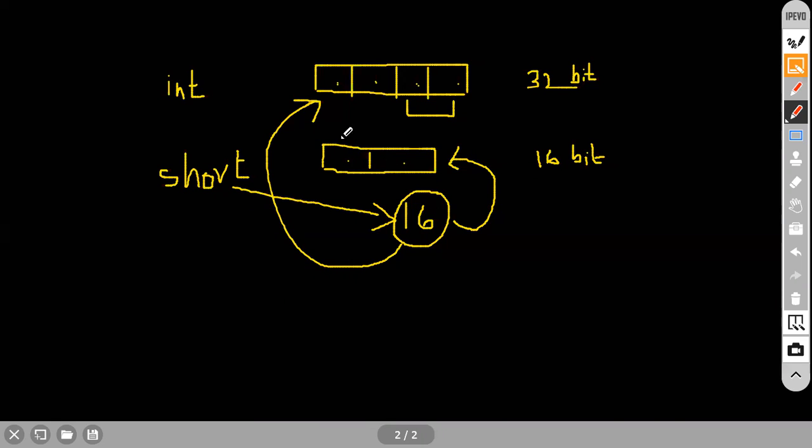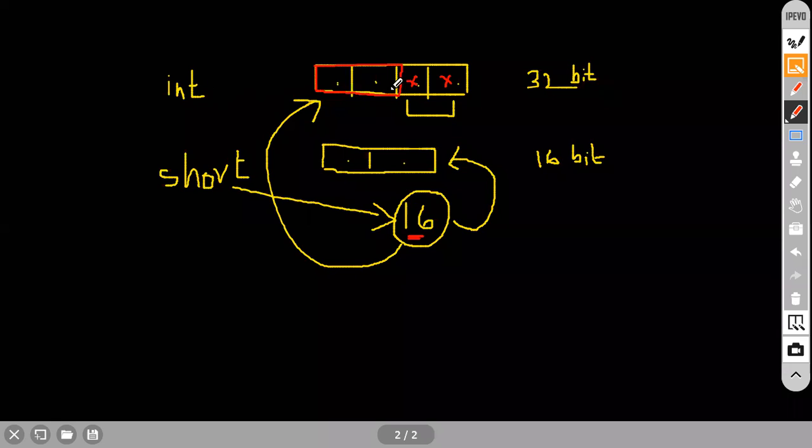Clear? So when I place this one, think like that. This is a short type. It will fit in these 2 bytes. Yes or not? These 2 bytes are more than enough for the number 16. For this particular integer number, 2 bytes are more than enough, but still I am providing an extra 2 bytes of memory for this number. Then this one we call widening. I am giving extra. This is extra as well as this is extra.